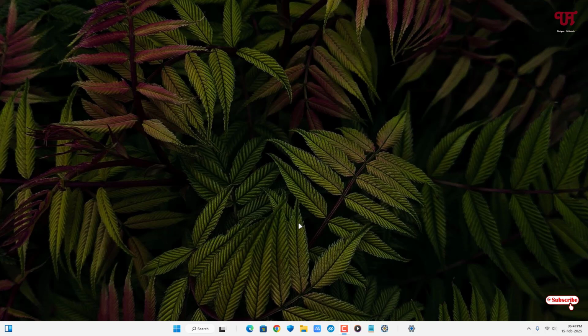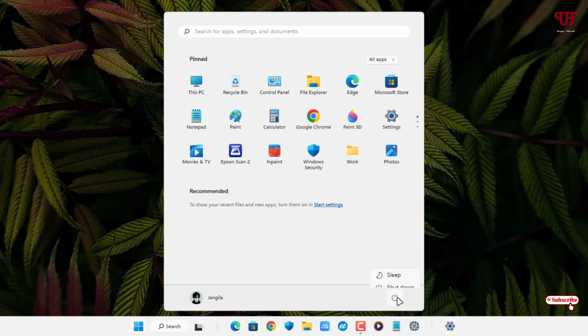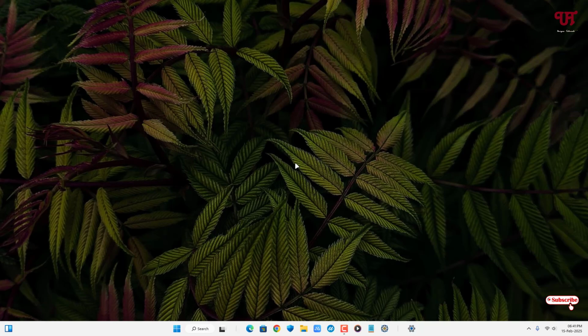The first method is to click on the Windows Start menu icon and click on the power button. Now select restart to restart your computer, and after restart the RAM cache will get cleared. So this is the first method, and the second method is to right mouse click on any blank area of